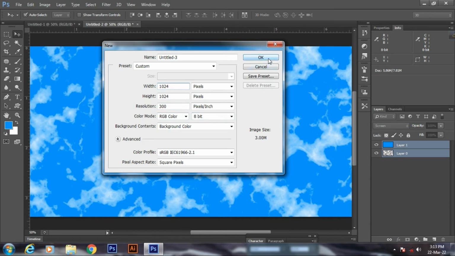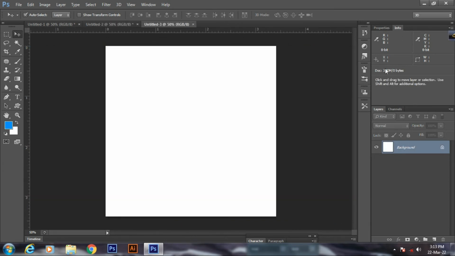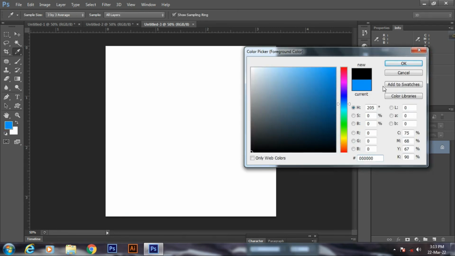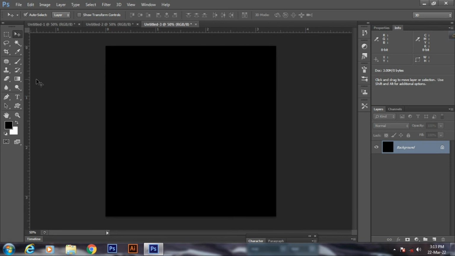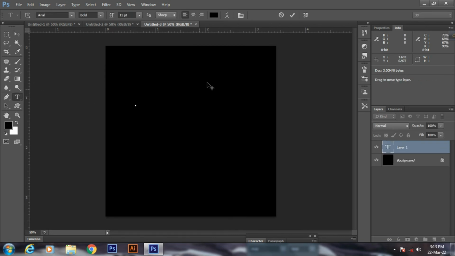And now OK. Choose the black color and now Alt plus backspace. Go to the text tool, click on the text tool, click on the artboard,